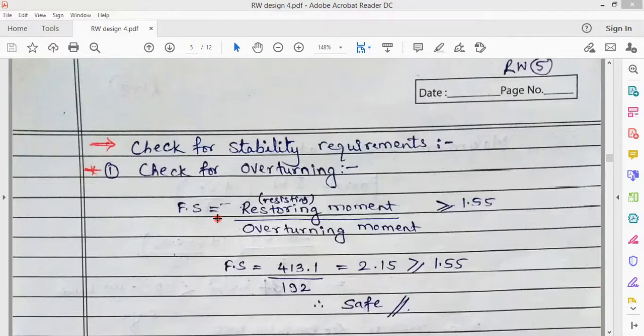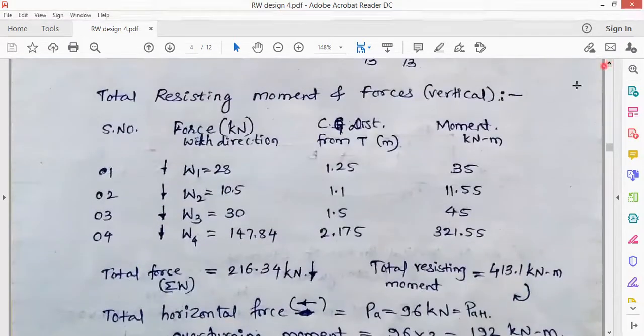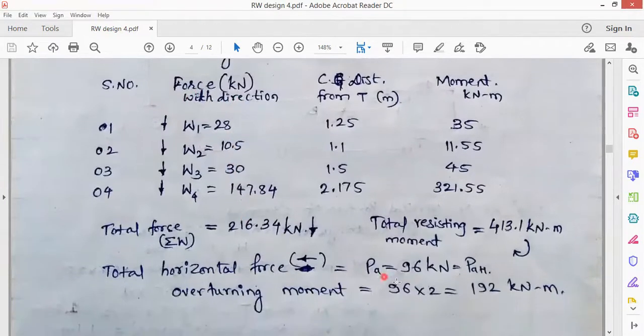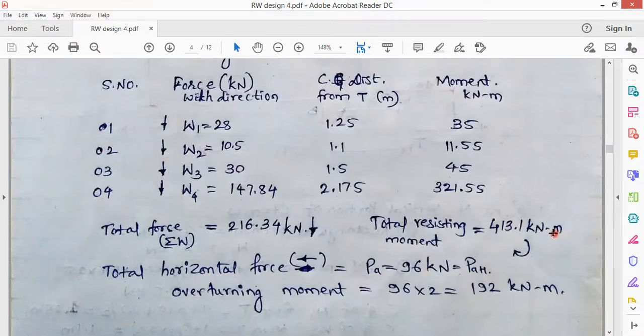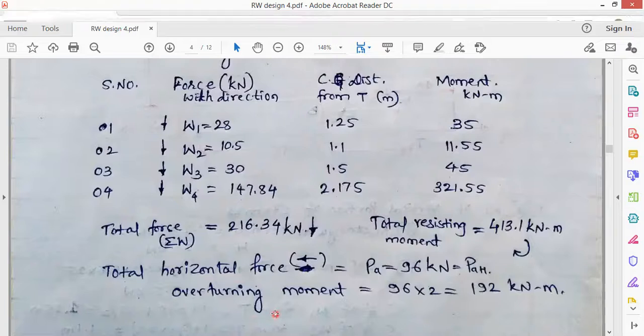As we have learnt in the previous step, we have calculated some of the forces, the vertical forces and the horizontal force. So the vertical force and their moments are calculated, and the moment that is generated due to this vertical force will be the resisting force. It will be acting in the clockwise direction, and the horizontal force will try to bend, or make the structure overturn.